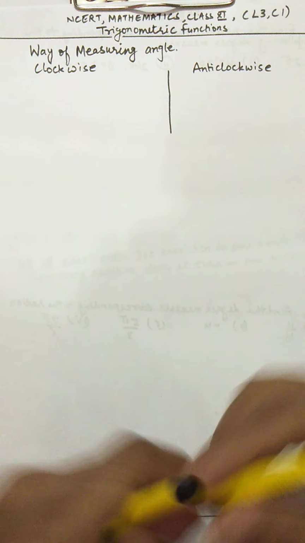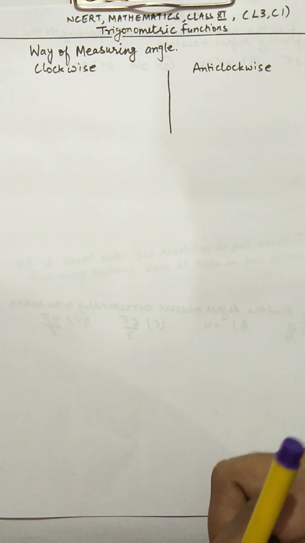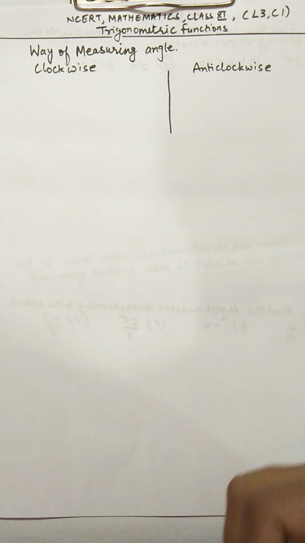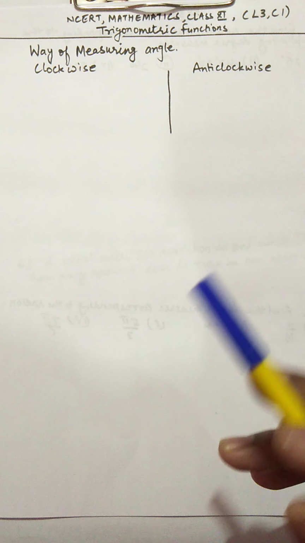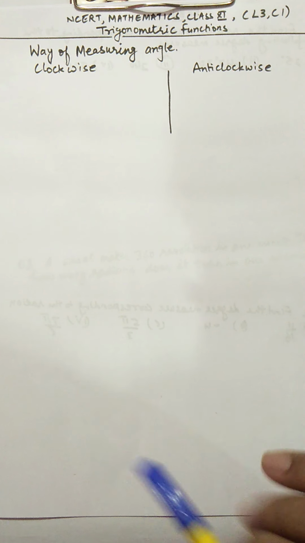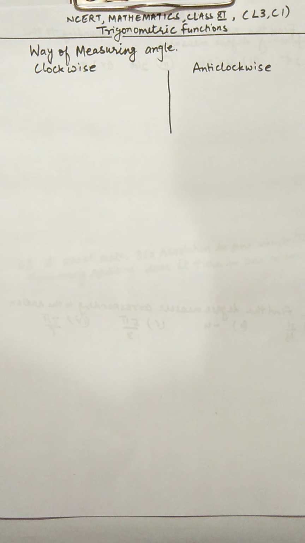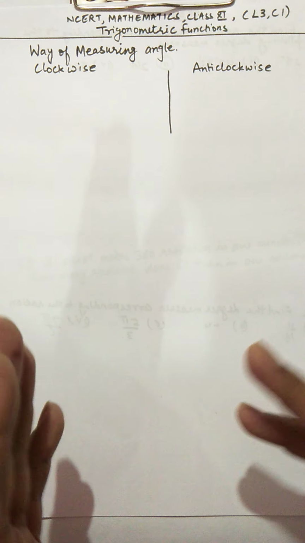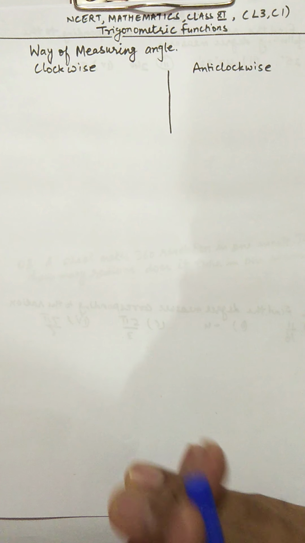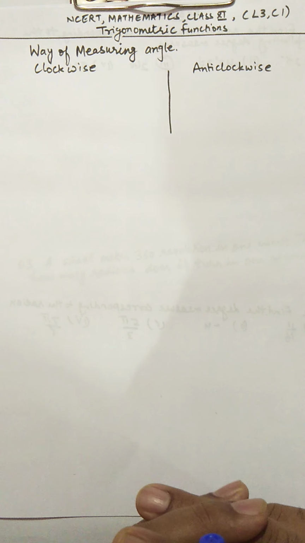Today we are going to learn trigonometric functions, which type of functions these are, and this chapter is different from what you have studied in class 10th. In class 10th you studied trigonometry, and now it has come as trigonometric functions. Functions you have studied in chapter 2, so this chapter will use the concept of chapter 2, relations and functions, and trigonometry as well. So this is the combination of relations and functions and the trigonometry that you have studied in class 10th.